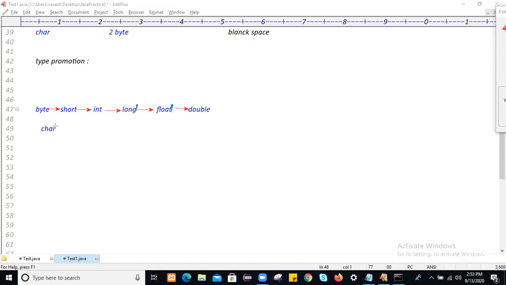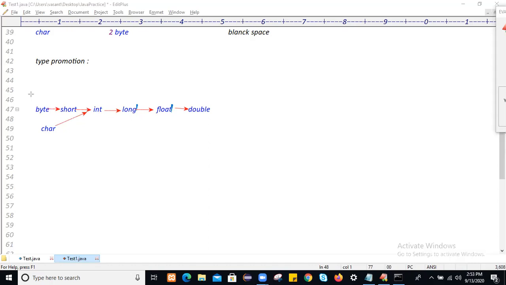Type promotion. Short will get converted into int. Character can be converted into int, long, float and double. Byte can be converted into short, int, long, float or double. Short can be converted into int, long, float and double. Integer can be long, float and double.